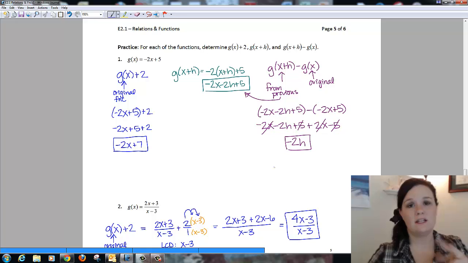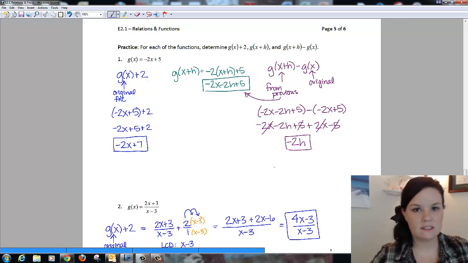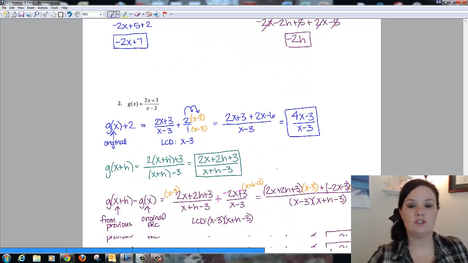And notice the 2 quantities are ones we already know. The first part, g of x plus h, is what we just found in turquoise, and g of x is just our original. So I put them both in parentheses just to make sure. Since we have a negative, we have to distribute that. Once we distribute the negative, we're just combining like terms, and we should end up with negative 2h. Okay. On number 2,